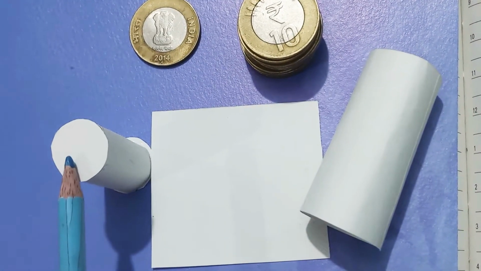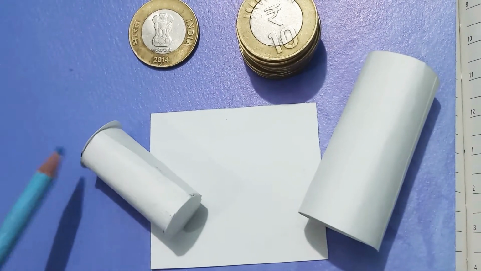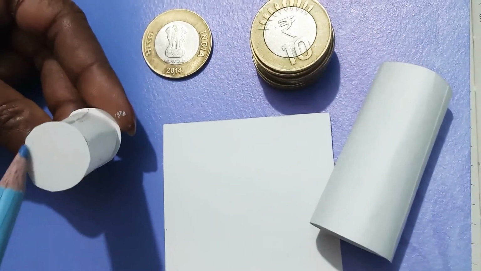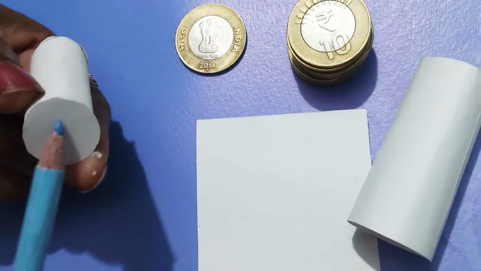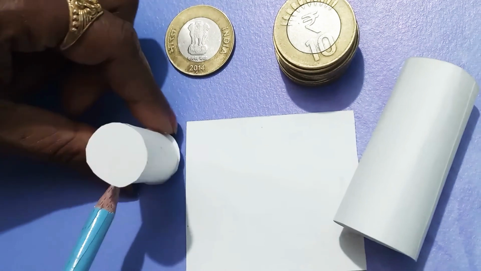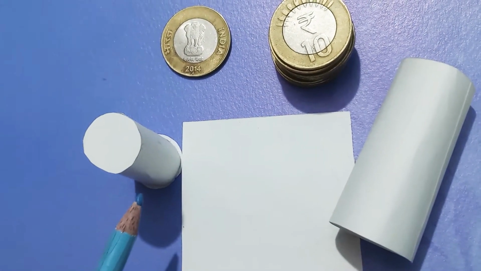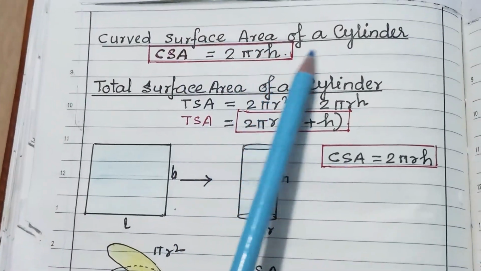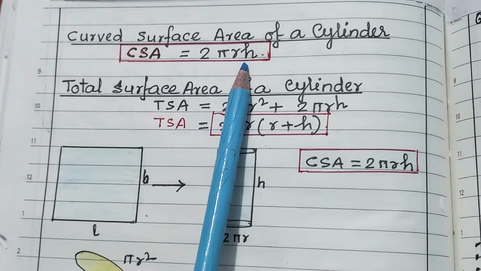This one is the closed cylinder, enclosed, where the two sides are blocked. On these two sides, one circle is here and another circle is on the opposite side. These are the two circles and the curved surface area. Total is called the total surface area. Got it? Now, the formula of curved surface area of the cylinder is 2 pi r into h.